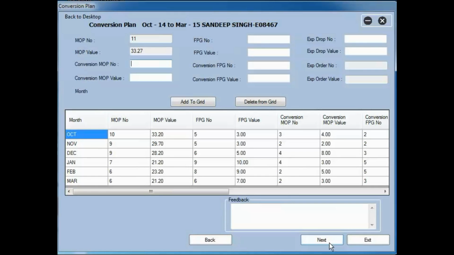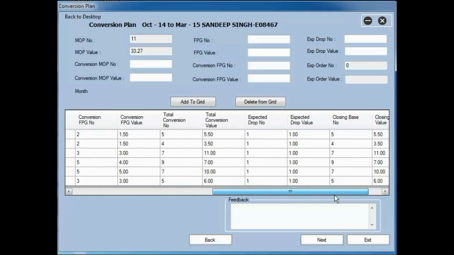If I need to make any change, I will probably be able to delete from the grid or add to the grid if I am the manager or the HOL. Otherwise, the complete list is there in front of me. I can accordingly choose what I think is right or not right, give my comment.